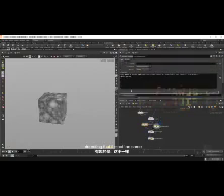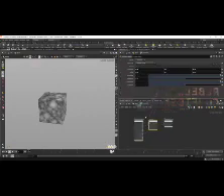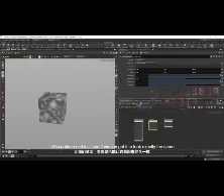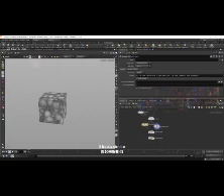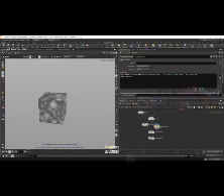Interesting that it's not the same. If we take this away, let's see if that changes. No. Well, let's continue and see if we can get it to look exactly the same. I mean, it looks similar, it is the same kind of noise, but it's just interesting that it's got a different offset. Anyway,